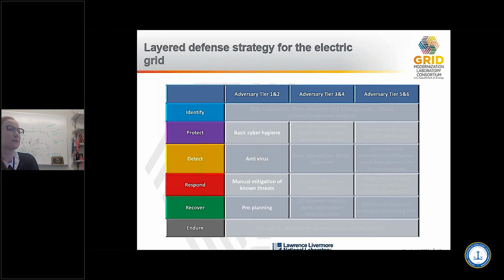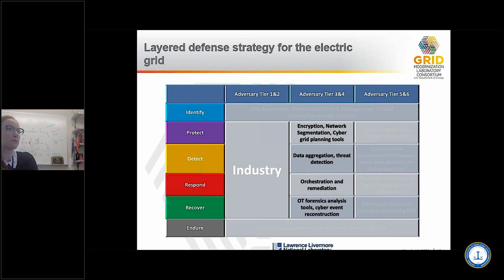Adversary tier 1 and 2 is something that is probably 90% of the issues fall into, which again is down these realms of protect, detect, respond, and recover. Again, things like basic cyber hygiene is your protection. Don't plug in USB sticks, for example. Antivirus systems and detecting what's going on, manual mitigation of threats and pre-planning. All these things, the reason they're in white, are well dealt with by industry and by following those basic cyber rules. And industry is dealing with those, like the antivirus companies, the different types of technology that are coming from the